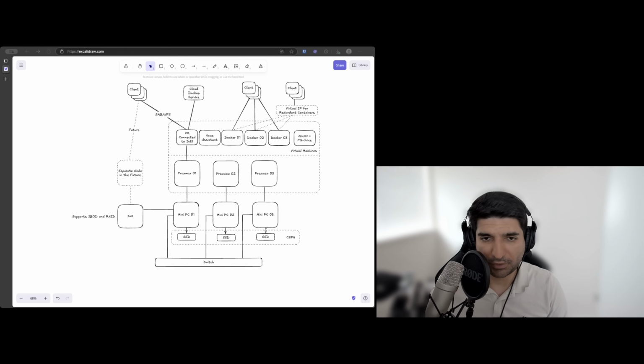And Ceph is especially interesting for me because, of course, it allows me to use all these SSDs that are attached to these mini PCs, but it also allows me to run virtual machines on these mini PCs very reliably. What I mean by that is, let's say I'm running something like this Home Assistant instance on Proxmox number 1, and then I decide to do some maintenance on this node. For example, I decide to upgrade the operating system. Because the storage is sort of shared across all of these Proxmox instances, I can